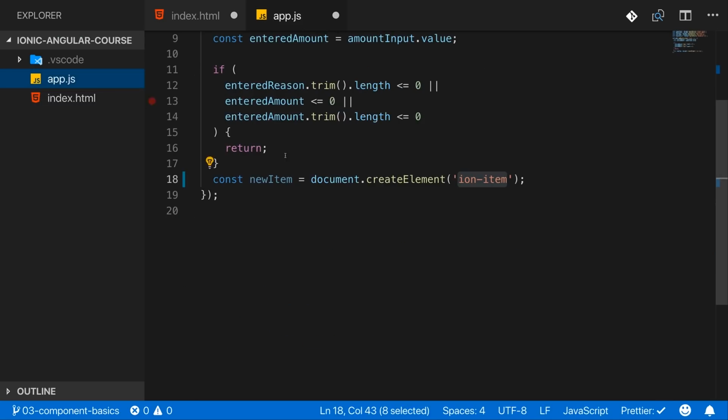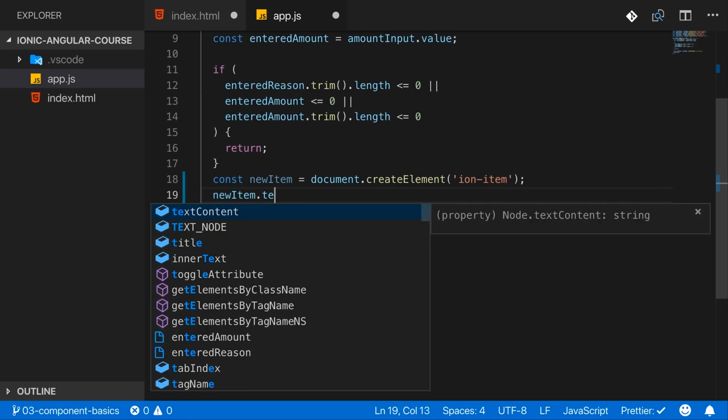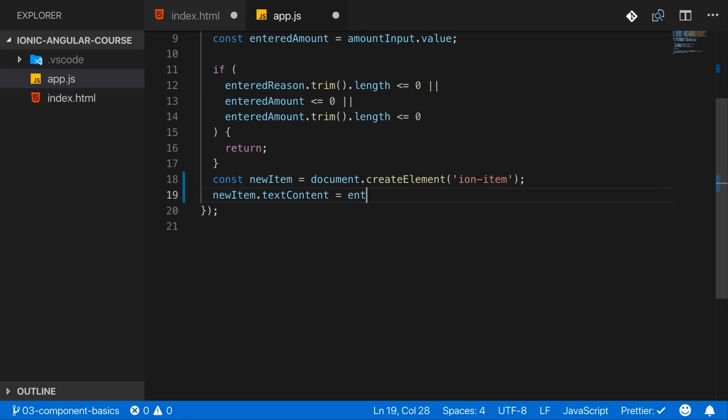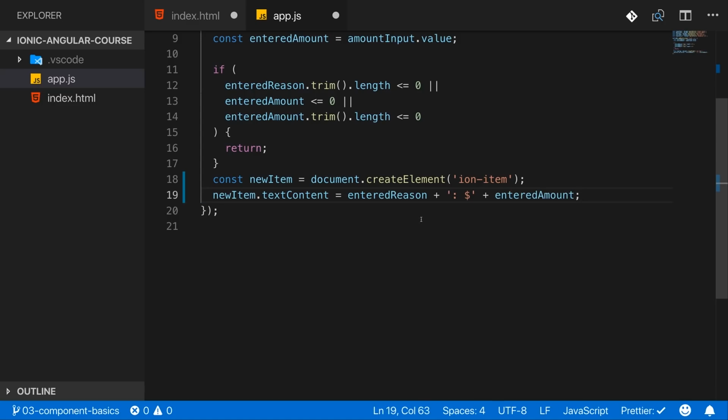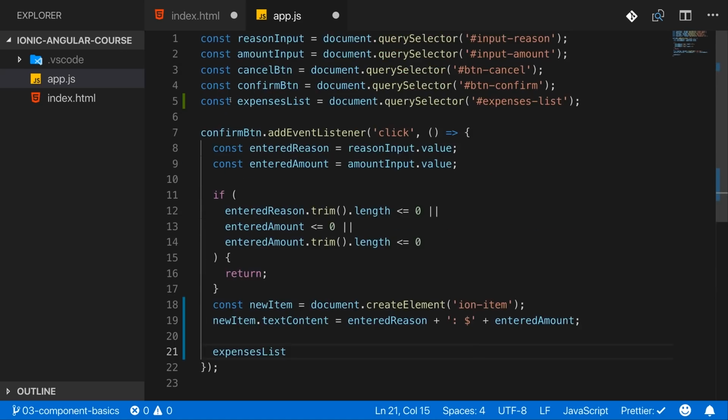So here I'm creating a new item, and on this new item here, I want to set a text content which is equal to my entered reason, then a colon, and then a $, and then the entered value. So I'm just constructing some text here where I have the reason, then a colon, then a $, and after that the value, which I simply assume to be in dollars. So now I'm setting this as a text to my new item. And we can now reach out to the expenses list, which we got access to here,